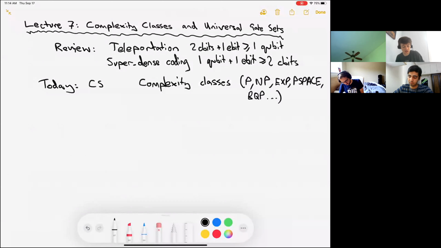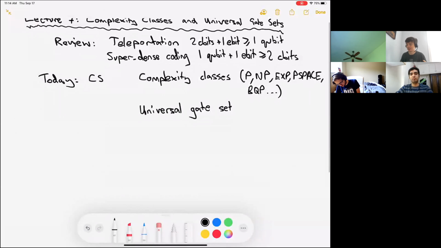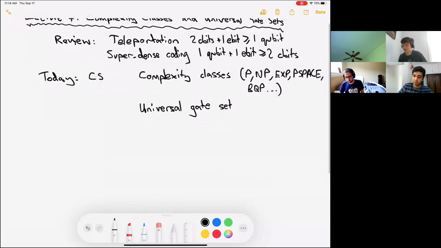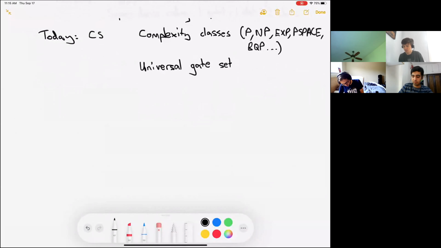And in order to sort of define BQP and define what it means for a quantum computer to be able to do something efficiently, then we're also going to have to introduce the idea of a universal gate set. Which is roughly the quantum equivalent of the fact that in classical computing, if you can apply NAND gates, then you can use those to do anything, right? In this sense, the NAND gate forms a universal gate set for classical circuits. Okay,